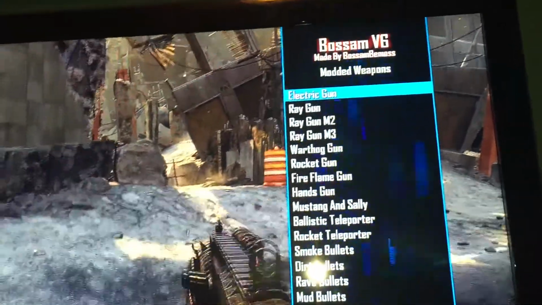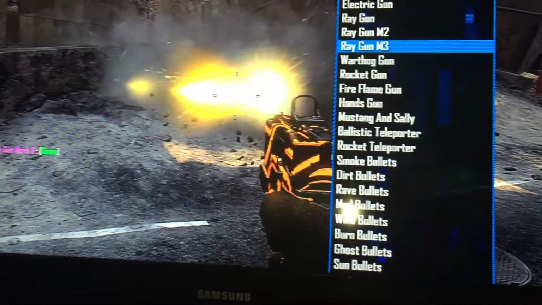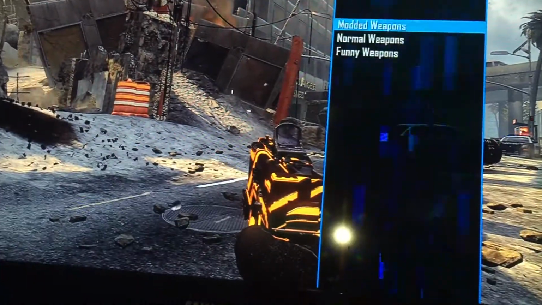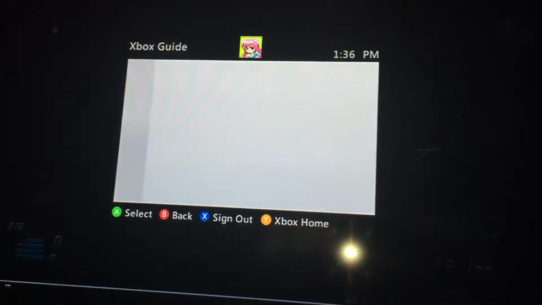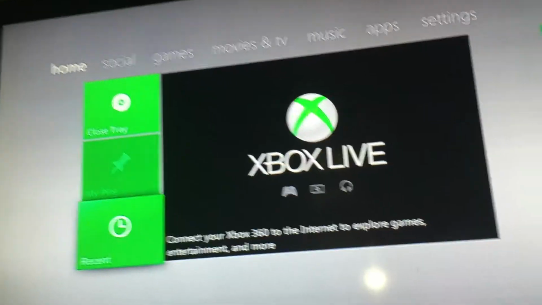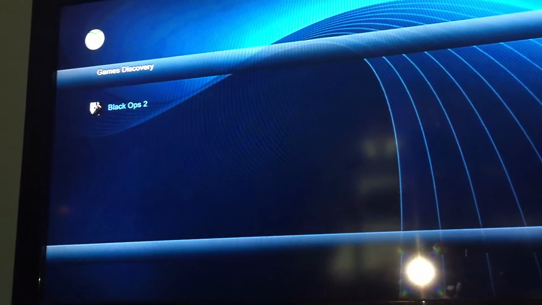But I could go to weapons, I can go to modded weapons, Ray Gun Mark 3, and there's Ray Gun Mark 3. And this will work in online too. And already go to Xbox Home. It will probably send me there. And if you want to copy a game, go back to XX menu. You can go to